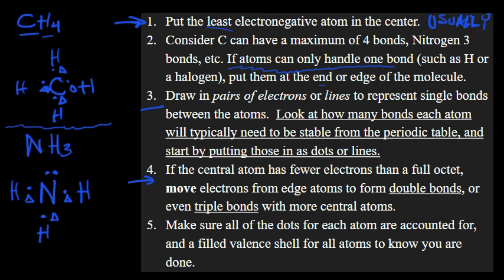Lastly, it says make sure all of the dots for each atom are accounted for in a filled valence shell for all atoms to know you are done. So in other words, if I look and I know that nitrogen is going to have 5 valence electrons, 1, 2, 3, 4, 5, that means I need to draw in all 5 of those. I also need to visually look around this and say, alright, does nitrogen have a filled outermost shell of electrons? And the answer in this case is yes. And the answer for hydrogen atoms is also yes right here, because hydrogen is an exception to the octet rule. It doesn't need to have 8 valence electrons, it only needs